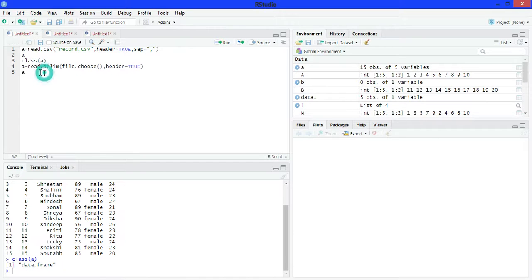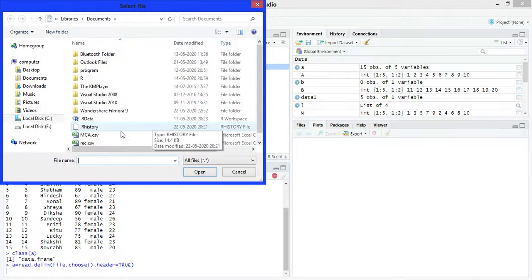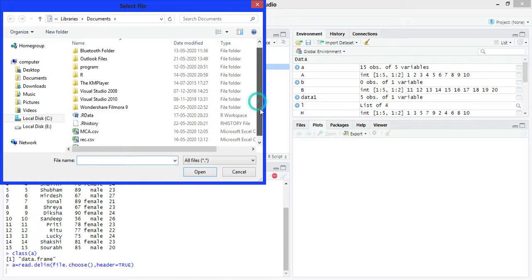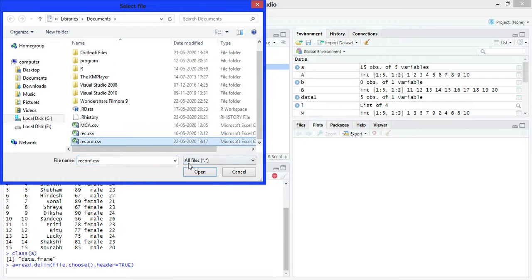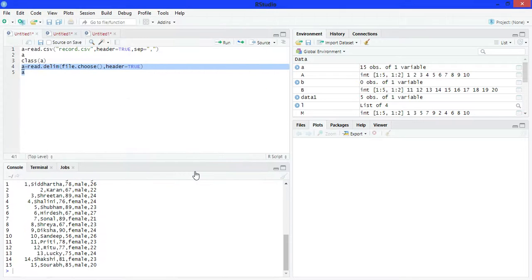Now run it. Choose your CSV file here, open it. See, by using delim function we can also read our CSV file.